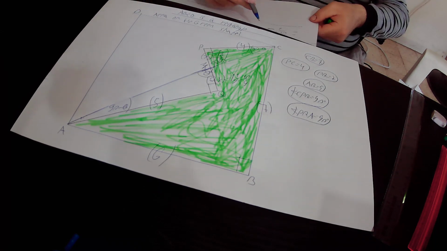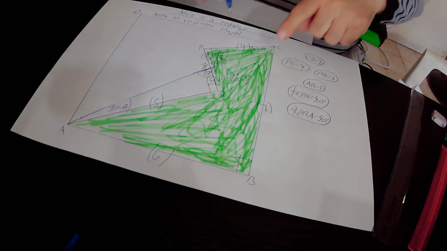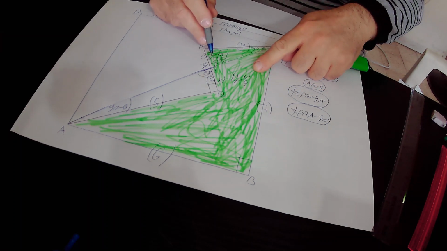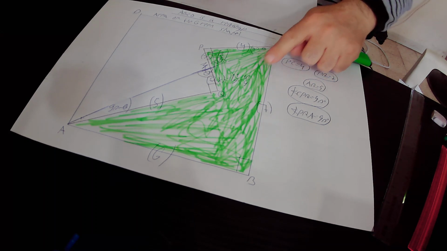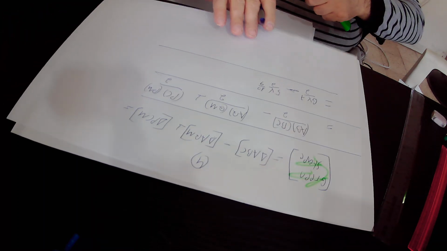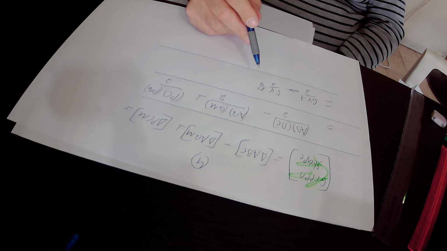This equals AQ, which is 5, times QM, which is 10 over 9, all divided by 2. So in conclusion, the area of the white right triangle AQM equals 5 times 10 over 2 times 9,